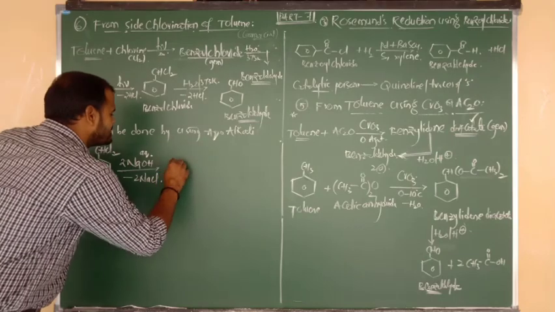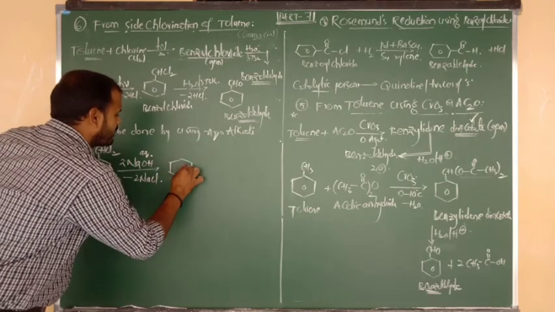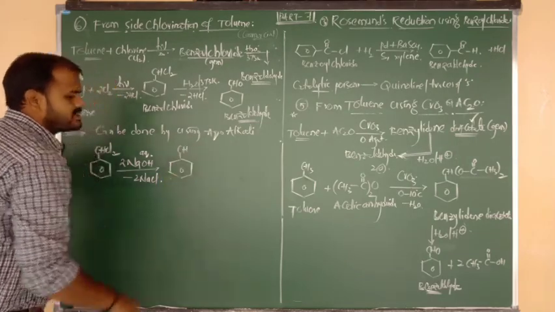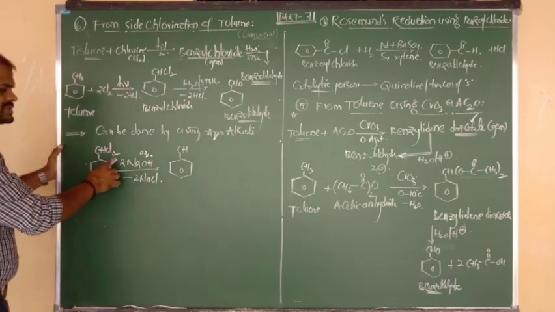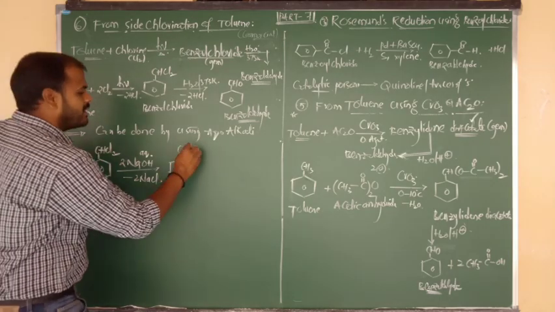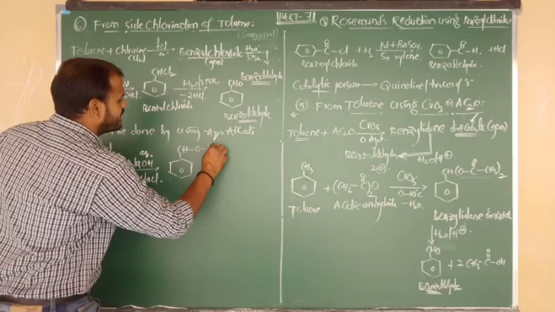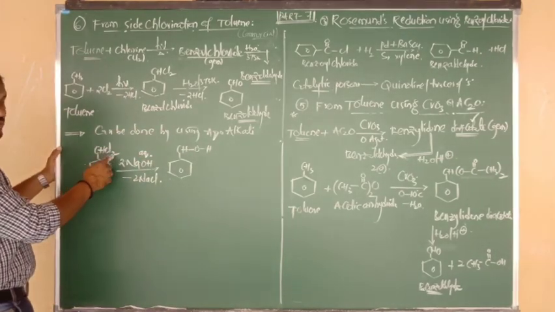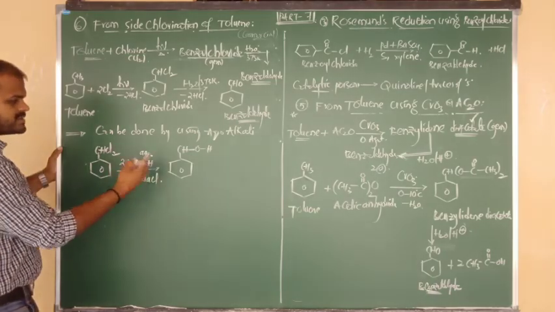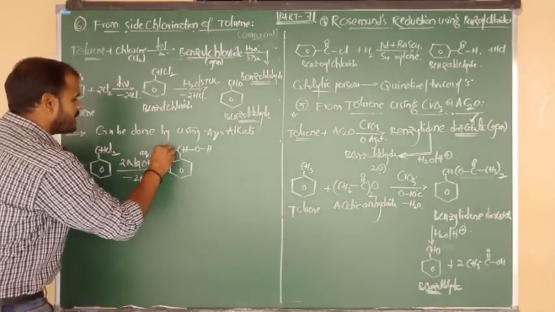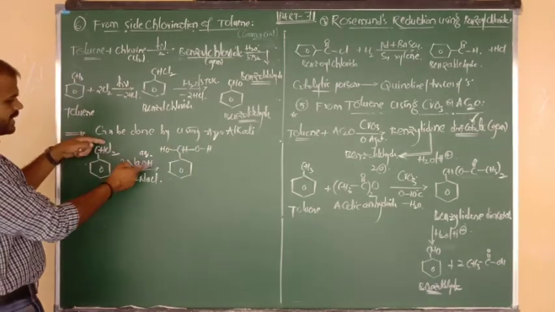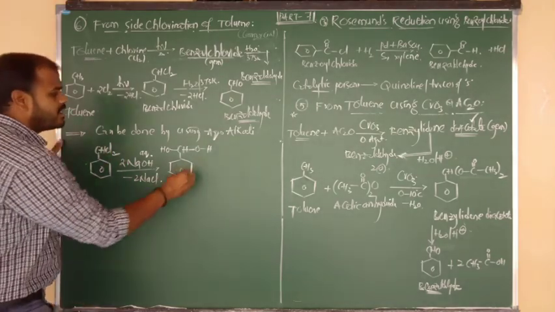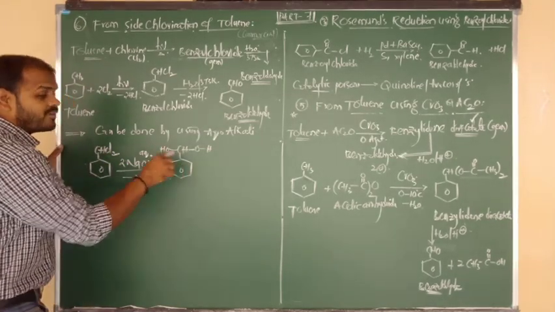So what will be the product here? Benzene bonded to CH. 2 Cl positions are replaced by 2 OH, nothing but a nucleophilic substitution reaction. So 1 Cl is replaced by 1 OH, and here another Cl is also replaced by another OH. Because here 2 OH groups are there now, beta. Cl replaced by OH, Cl replaced by OH. Now 2 OH upon 1 carbon.